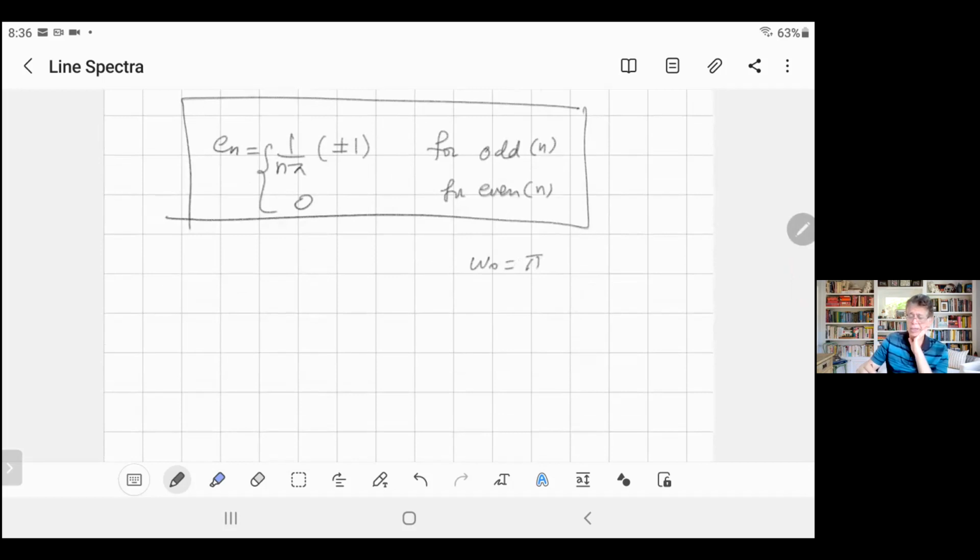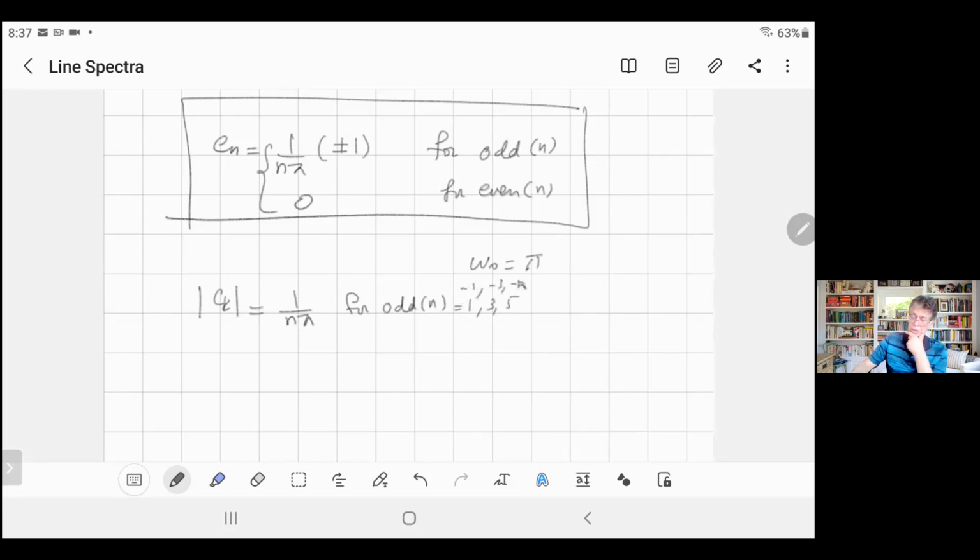To do the magnitude, you have to find the magnitude of Ck. The magnitude of Ck will cancel the sign of 1, so it will be equal to 1 over n pi, and only for odd numbers. It means for n equal 1, 3, 5, or minus 1, minus 3, minus 5,